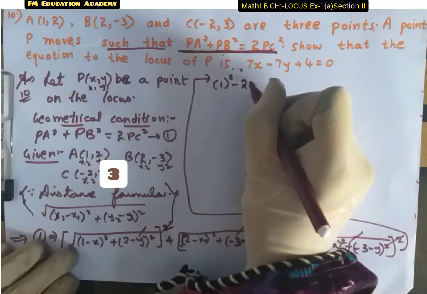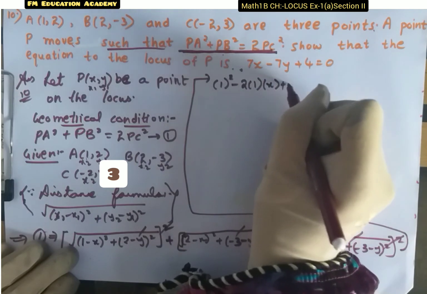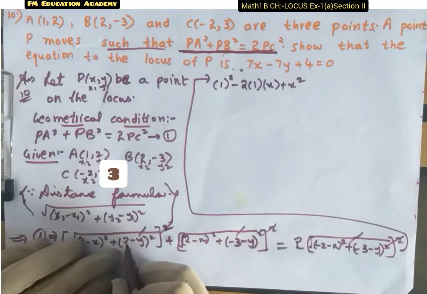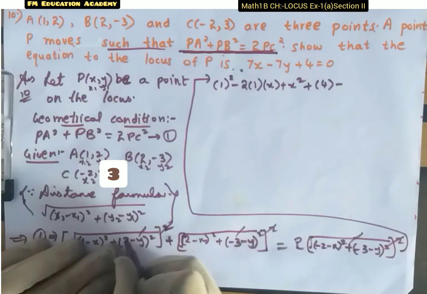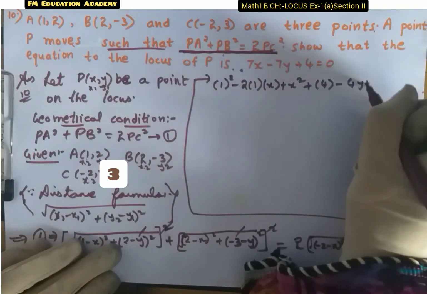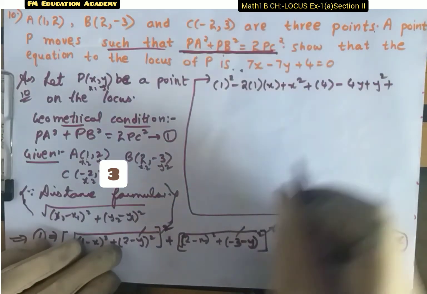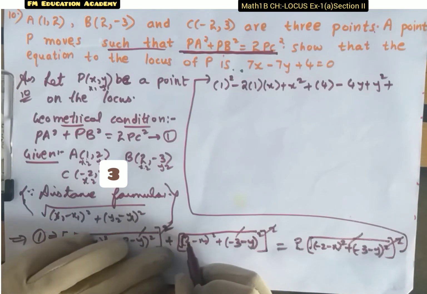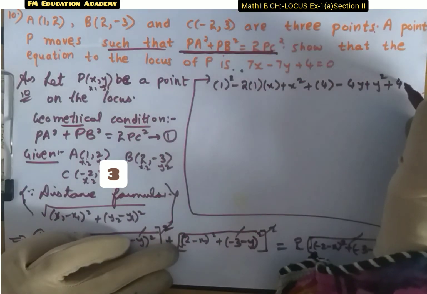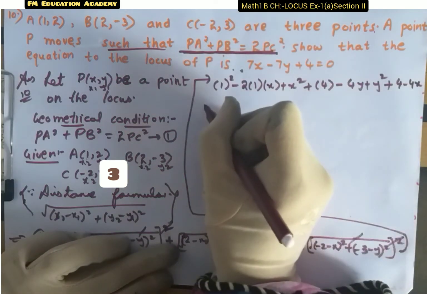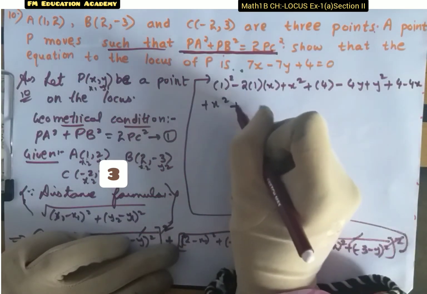A is 1 into X is plus B square is X square. Plus again it is in the form of A minus B whole square. A is 2 and B is Y. So A square means 2 2s are 4 minus 2AB means 2 2s are 4, 4 into Y is 4Y plus Y square. Plus 2 minus X whole square is in the form of again A minus B whole square. A is 2, B is X. So A square means 4 minus 2 2s are 4X plus X square.